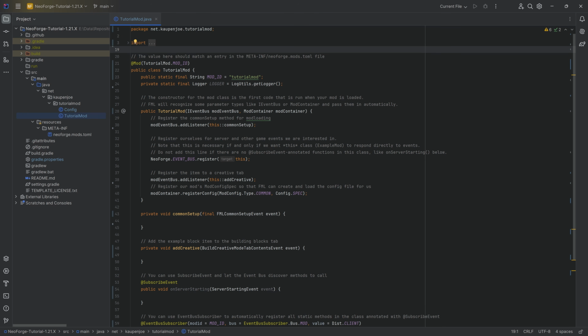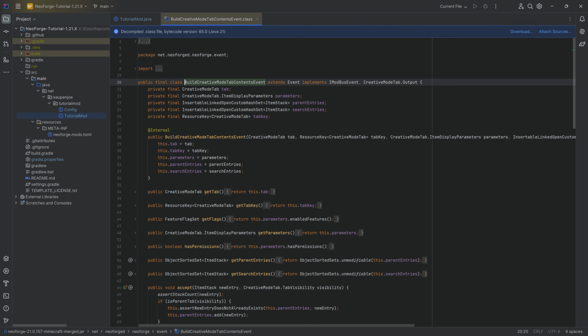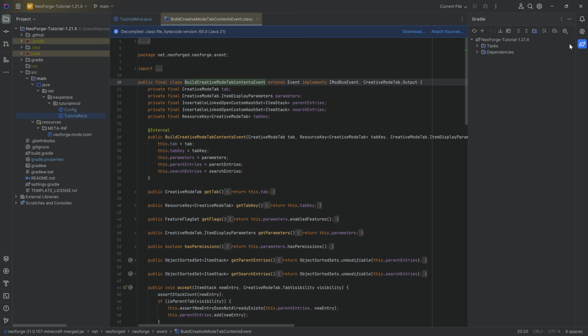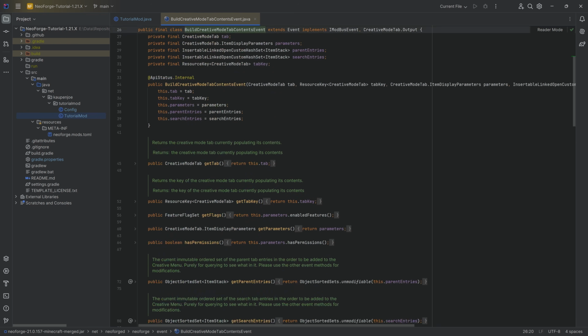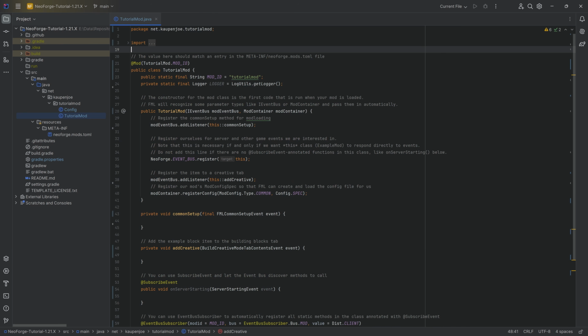And basically what we can do now is, let's say for example, the BuildCreativeModeTabContentsEvent, a long name over here. If you Control-left-click on this, you can see this blue bar. If you ever see this blue bar, then you can rest assured, you can go to Gradle, click the download sources button, and then simply hit attach sources. That should automatically attach the sources. And now when you open any different vanilla or NeoForge class, then it's going to have the proper sources situated right here. That's the whole idea. That should be fine, and then you're basically good to go.